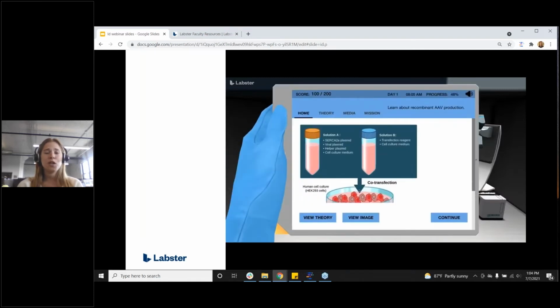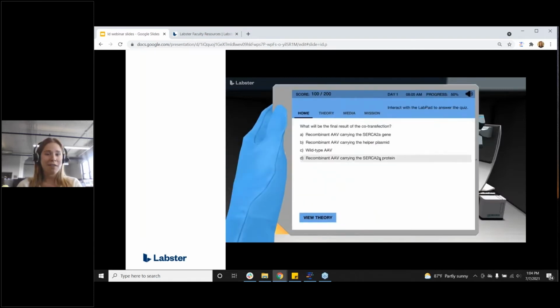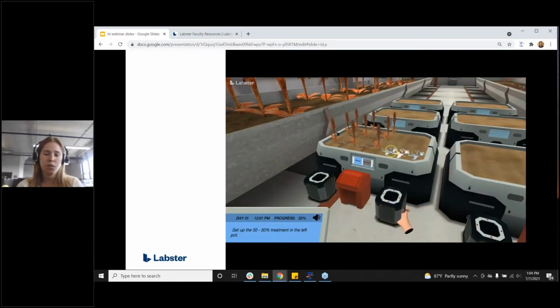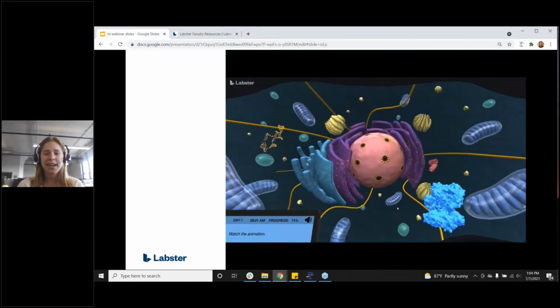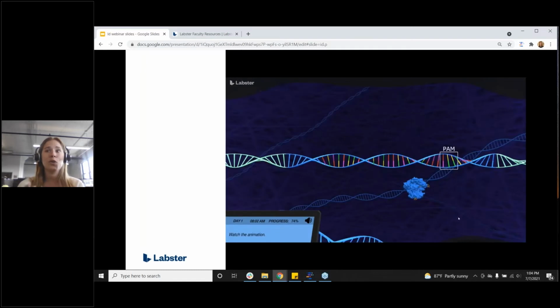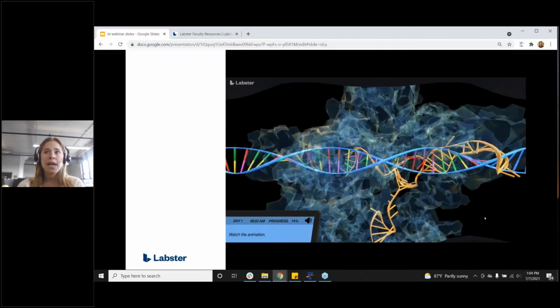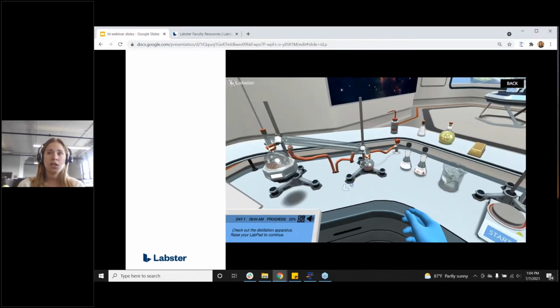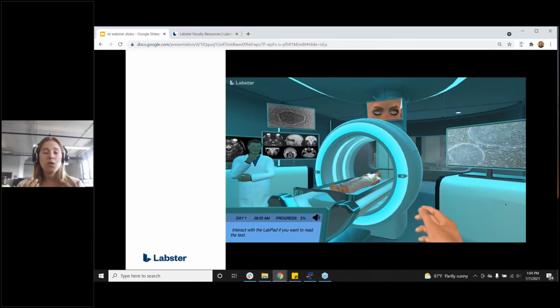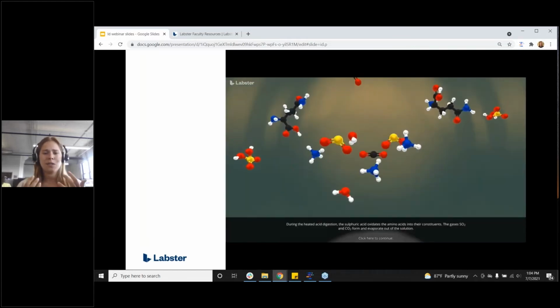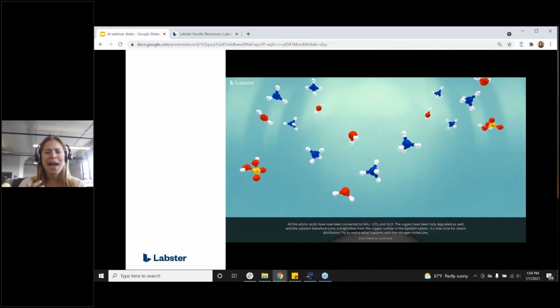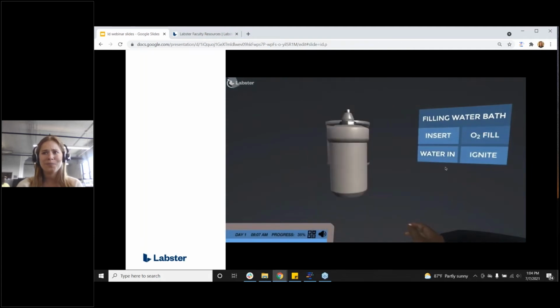So as a student, you are required to complete every single step that you have to complete in a real wet lab, putting on your lab safety gloves, your goggles, your jacket, and in doing so, learning that true lab protocol. Now, instead of being a simple digitized version of a real wet lab, the platform allows you to learn the way that you couldn't really do in a real wet lab. We were just in the hospital, now we're in space, deep diving into different atoms and different lab equipment.